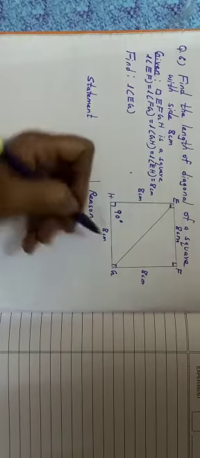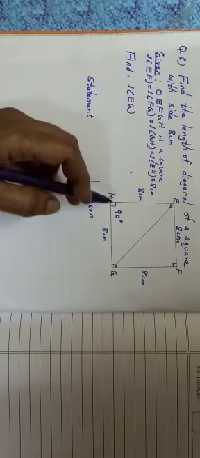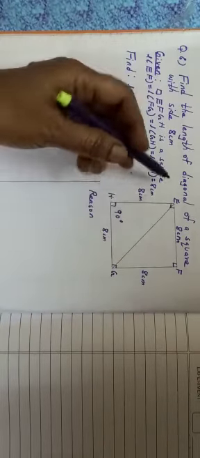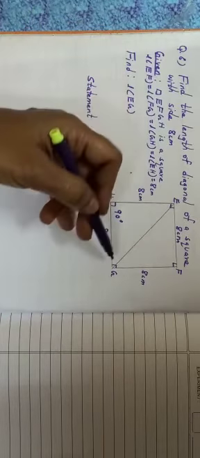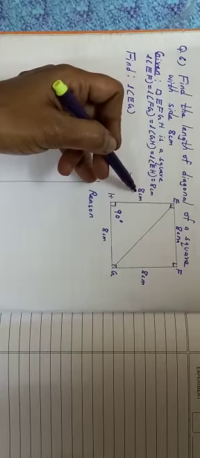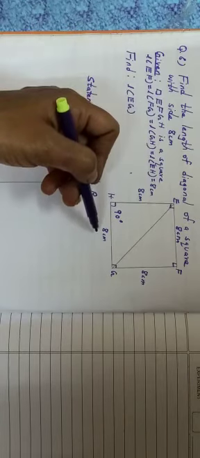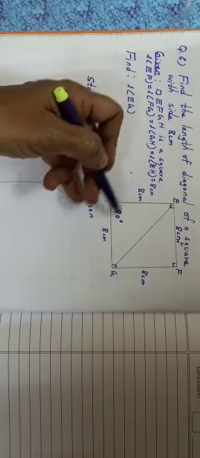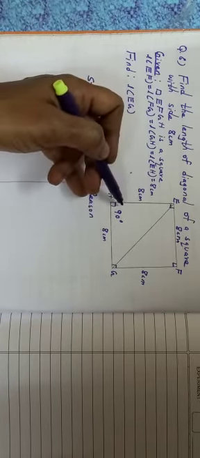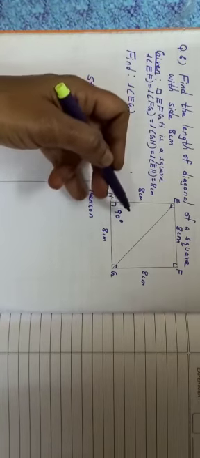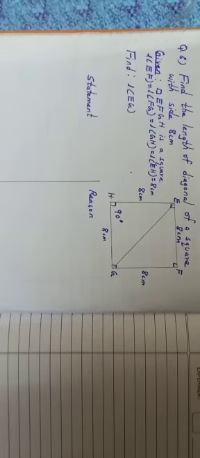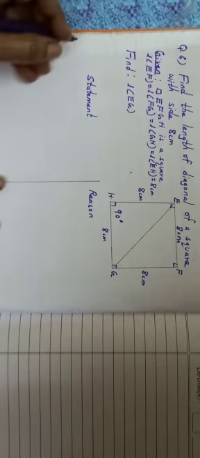So the length of EG square, that is hypotenuse square, is equal to side square plus side square. That formula also you have already studied. So we can write EG square is equal to EH square plus GH square. So you will get EG square is equal to 8 square plus 8 square. 8 square will be 64. 64 plus 64 will be 128. Then we will take square root on both the sides. We will get square root of 128, and we can complete this sum. Now only the writing part you have to write properly.